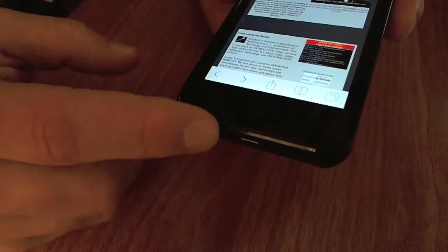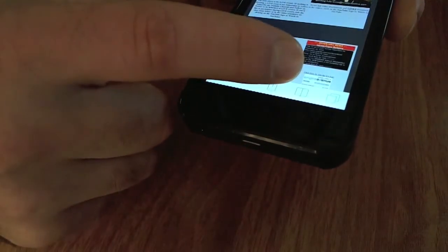This is my website. Now, on the bottom of Safari, as you're browsing, you'll see some icons. This one right here is your bookmark menu. So if I click on that, it'll show you all of the bookmarks that you have. Yeah, I don't have very many bookmarks. So you have your bookmark icon right here, your reading list right here, but off to the right is a